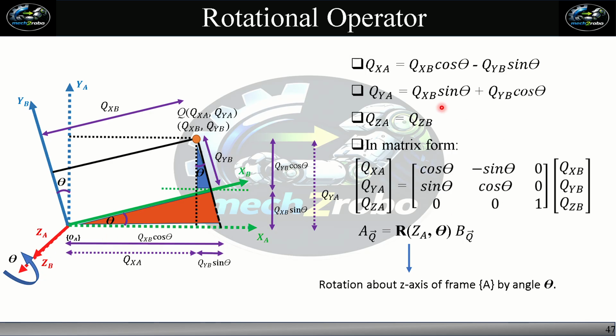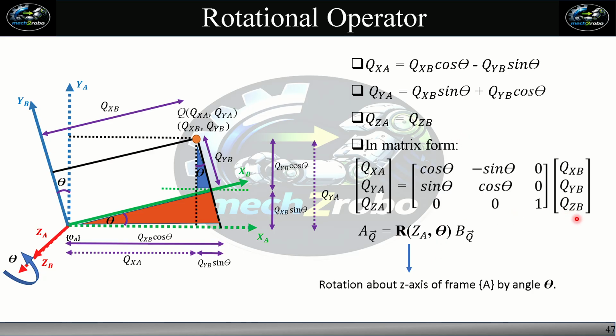And in matrix form, these equations are written in this way: QXA is equal to QXB multiplied by cos theta, QYB multiplied by minus sin theta, and there is no z component, that's why it's 0. And similarly, QYA is equal to sin theta multiplied by QXB plus cos theta multiplied by QYB, and this is 0 because there is no z component. And our last row: QZA is equal to 0, 0 because there is no contribution along XB and YB,